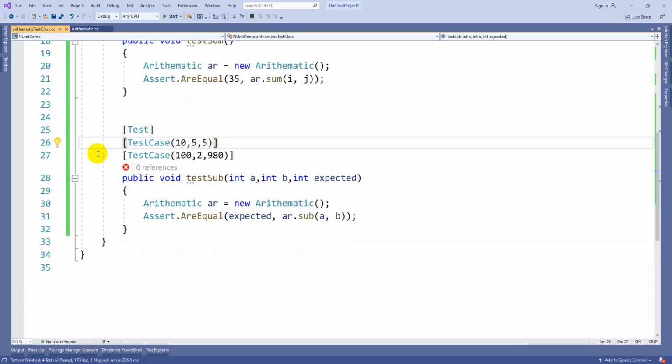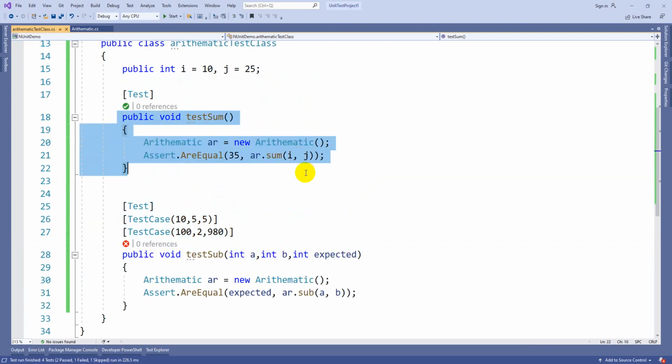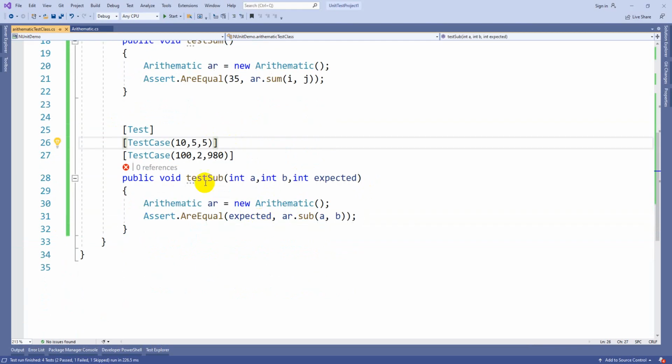What I mean is, you can use multiple values while testing a test case, instead of going with a single hard coded one. TestCase will take parameters, pass arguments like this, and you can test several values. This is another way to implement test cases.